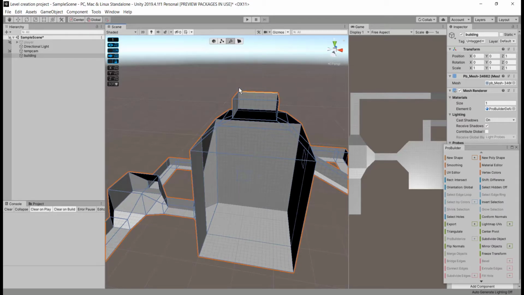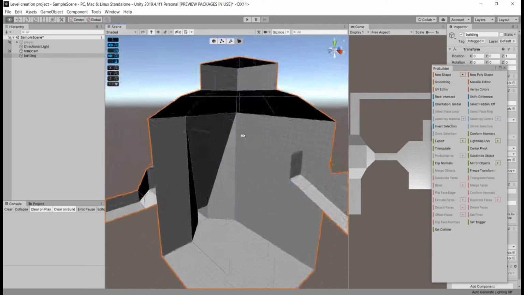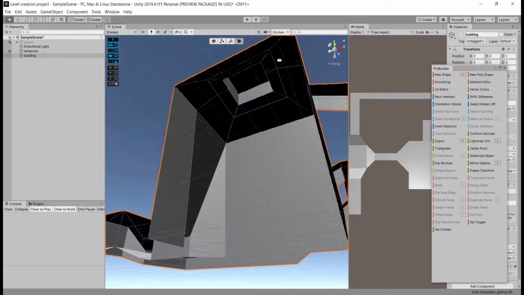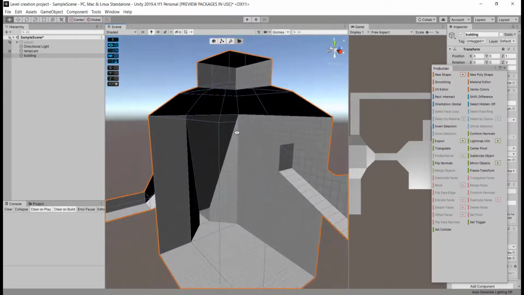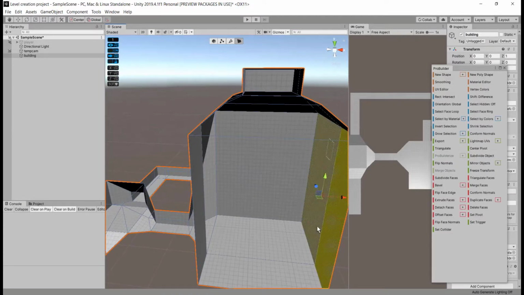While you are creating your level, you may accidentally add extra vertices or extra edges that have actually no purpose in your overall level. So if we check our level, you can see there are two faces here.